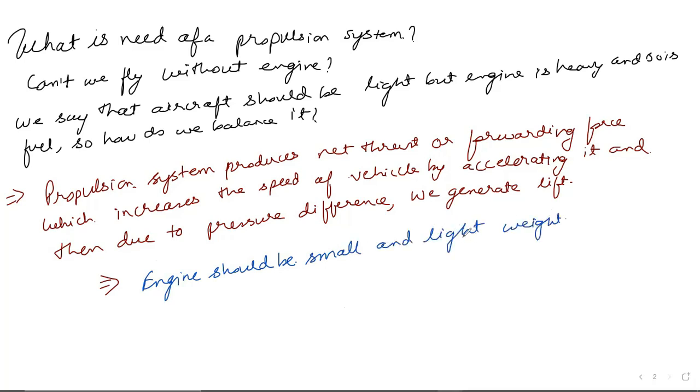People think that the engine they see in the aircraft is that huge. Actually, it's not huge, it's like a box. Whatever is inside is not very complicated. It's basically empty space. In the compressor also it's empty space, in the combustion chamber also, in the turbines and after the turbine it's all empty space. So it's basically a box, but that box is the propulsion system. So the engine should be small and lightweight, and it should give a large thrust to weight ratio.